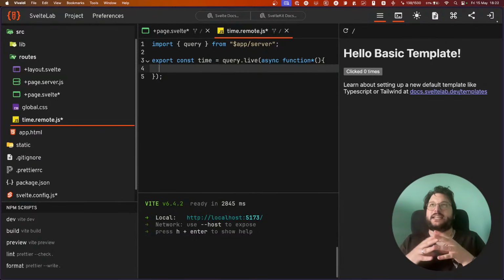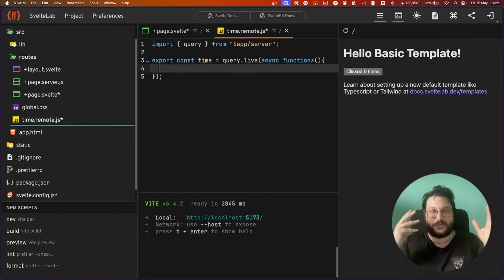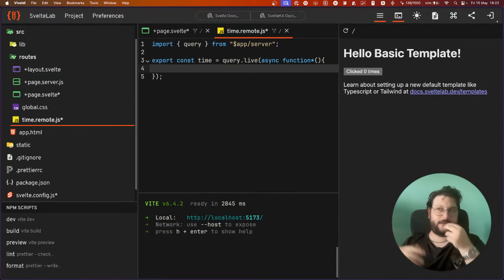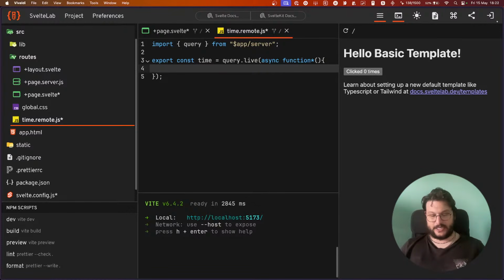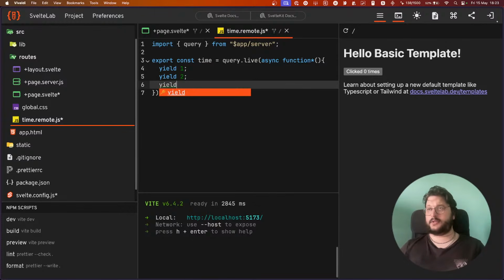When you execute this function, you get back an iterable, and you can spread it or call next one after the other. The important bit is that I can say yield 1, yield 2, yield 3.